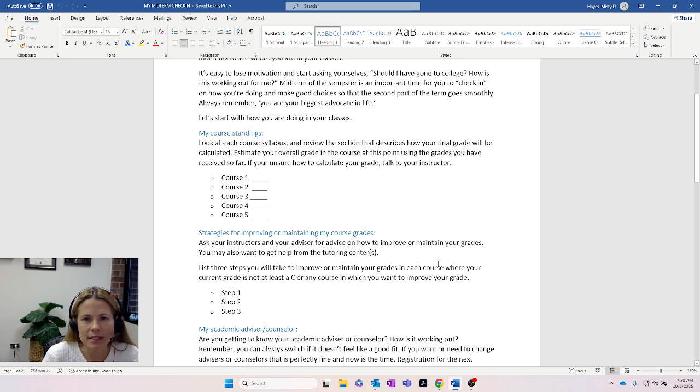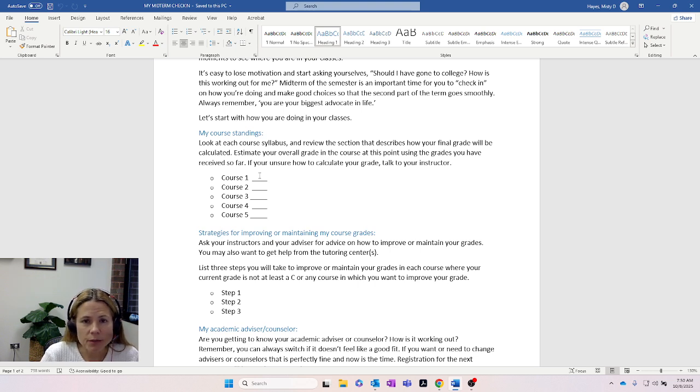What that means is describe how your final grade will be calculated. What that really means is you just need to estimate your overall grade. Sometimes when you go into your courses, it'll automatically give you your grade. Now, I can't show you my grade book because you would see everybody's grades. But if you go into each of your courses, underneath the course information tab, there is a selection that says grades. You can go in there and see where you are.